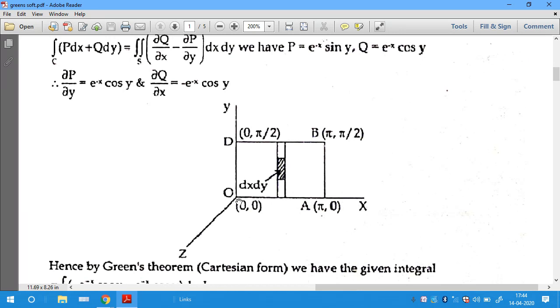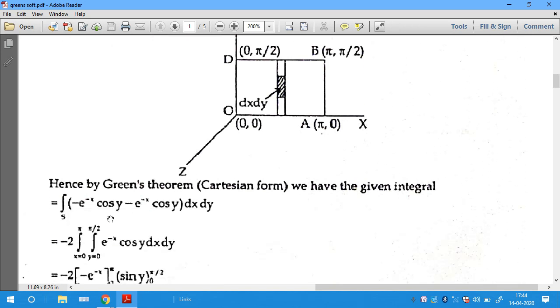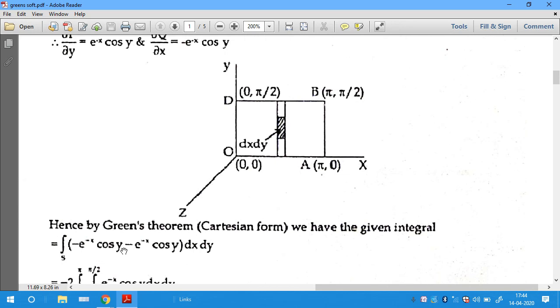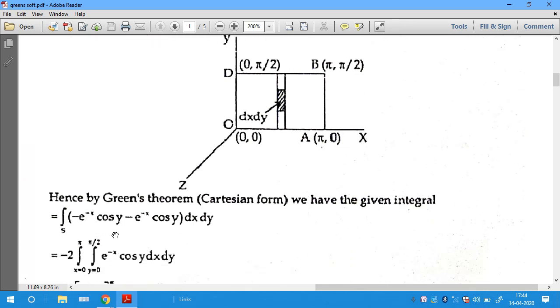And the coordinates on the x-axis are 0 comma pi. So x varies from 0 to pi in this region. So the x limits are 0 to pi, and y varies from 0 to pi by 2. Along with these values and the partial derivatives, substituting all these, we can evaluate the double integral. So we have two similar terms. Adding those two terms, minus e power minus x cos y minus e power minus x cos y,